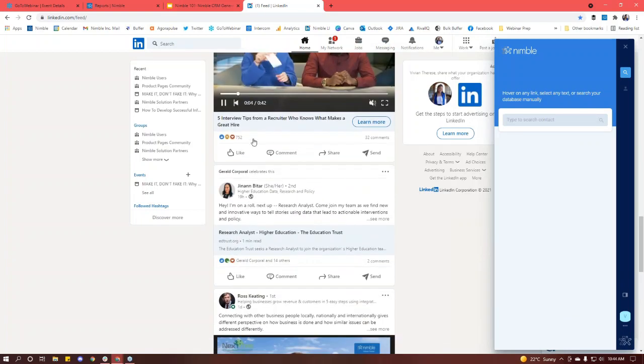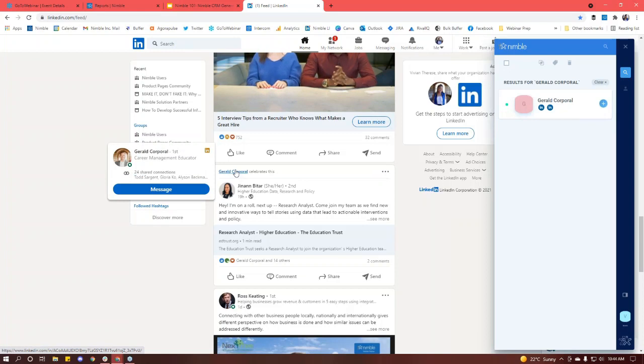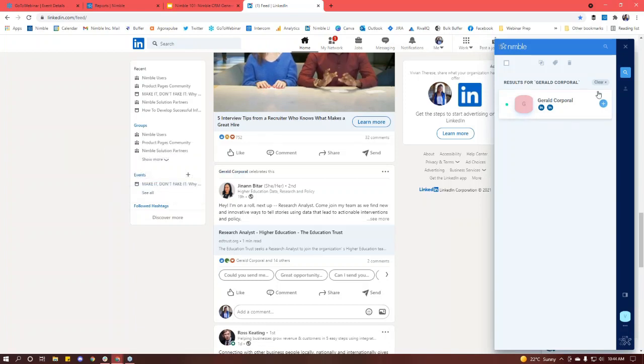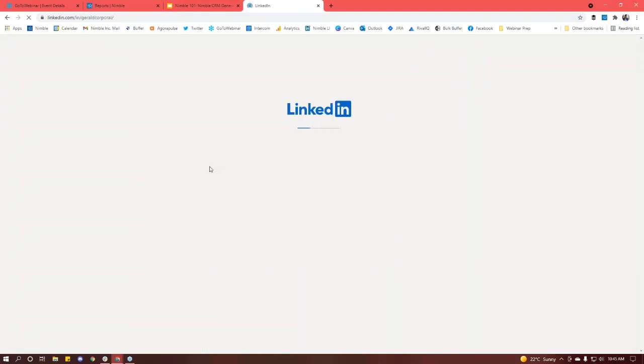Here, let's do Gerald. If I hover over his hyperlinked name like this, as you can see on the right-hand side in the Nimble Prospector browser extension, it pulls up this contact record here. And if I click that blue button, I can just add him to my contacts. Or another way to do it is I can go into his profile